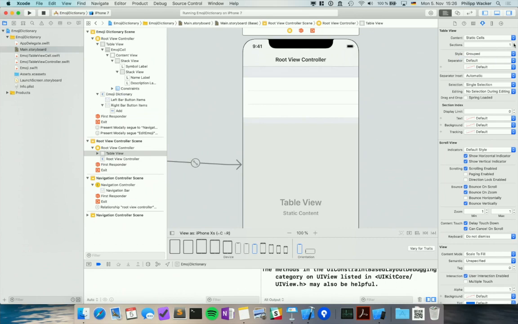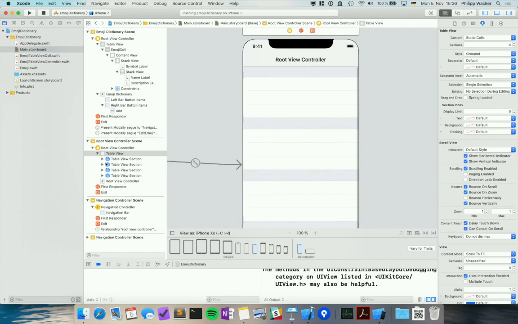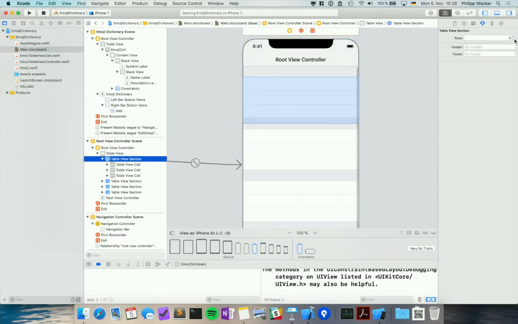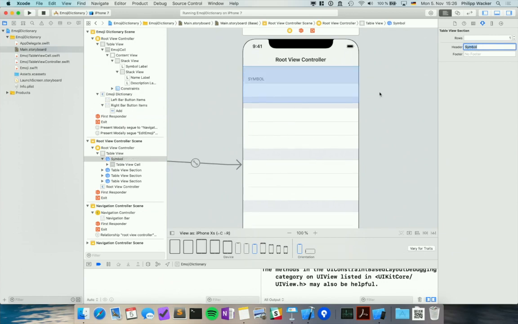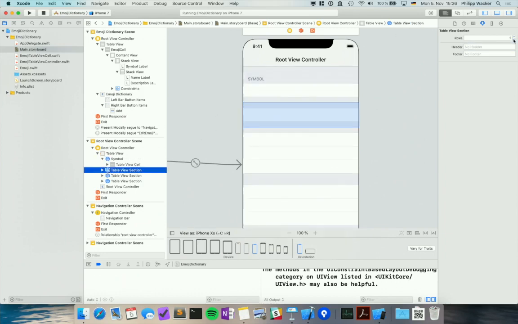If I say for every property of our emoji I want to have a different set, we need 4 sections. And you can see here in our hierarchy that for every section I have a different element as well. I can specify how many rows should be in each section. For this, we want to specify the symbol, name, description, and usage parameter. Let's call the first one symbol, and it has just one cell. We have our name, one cell,